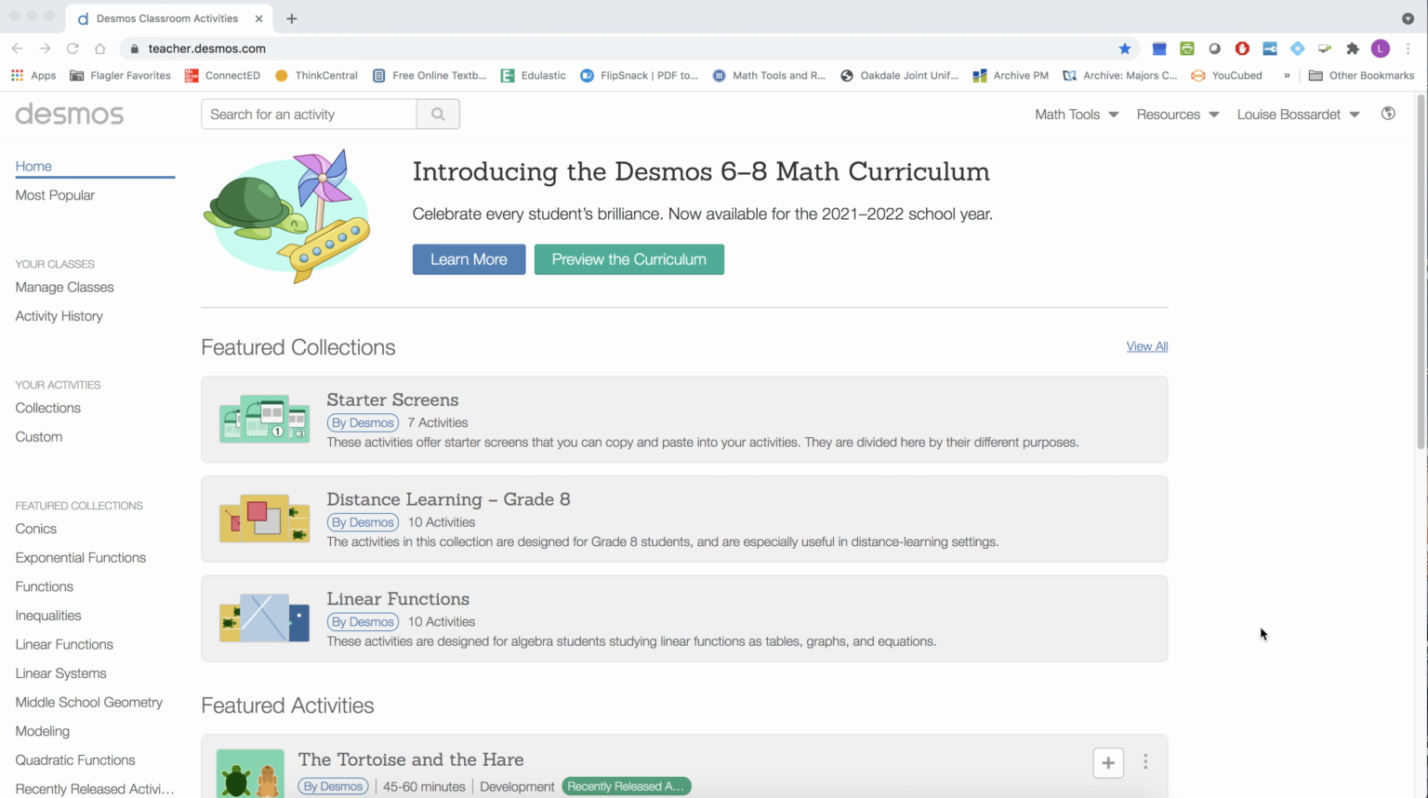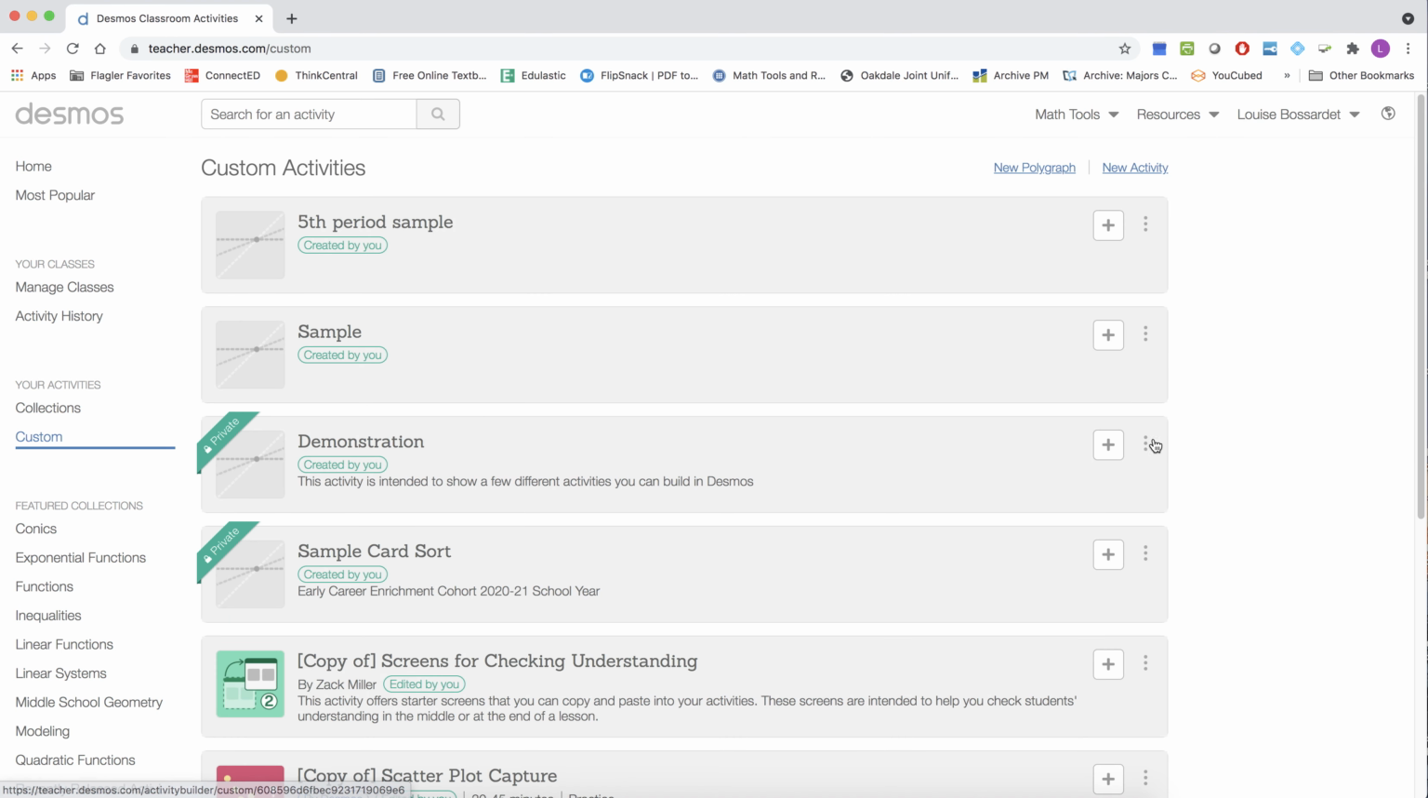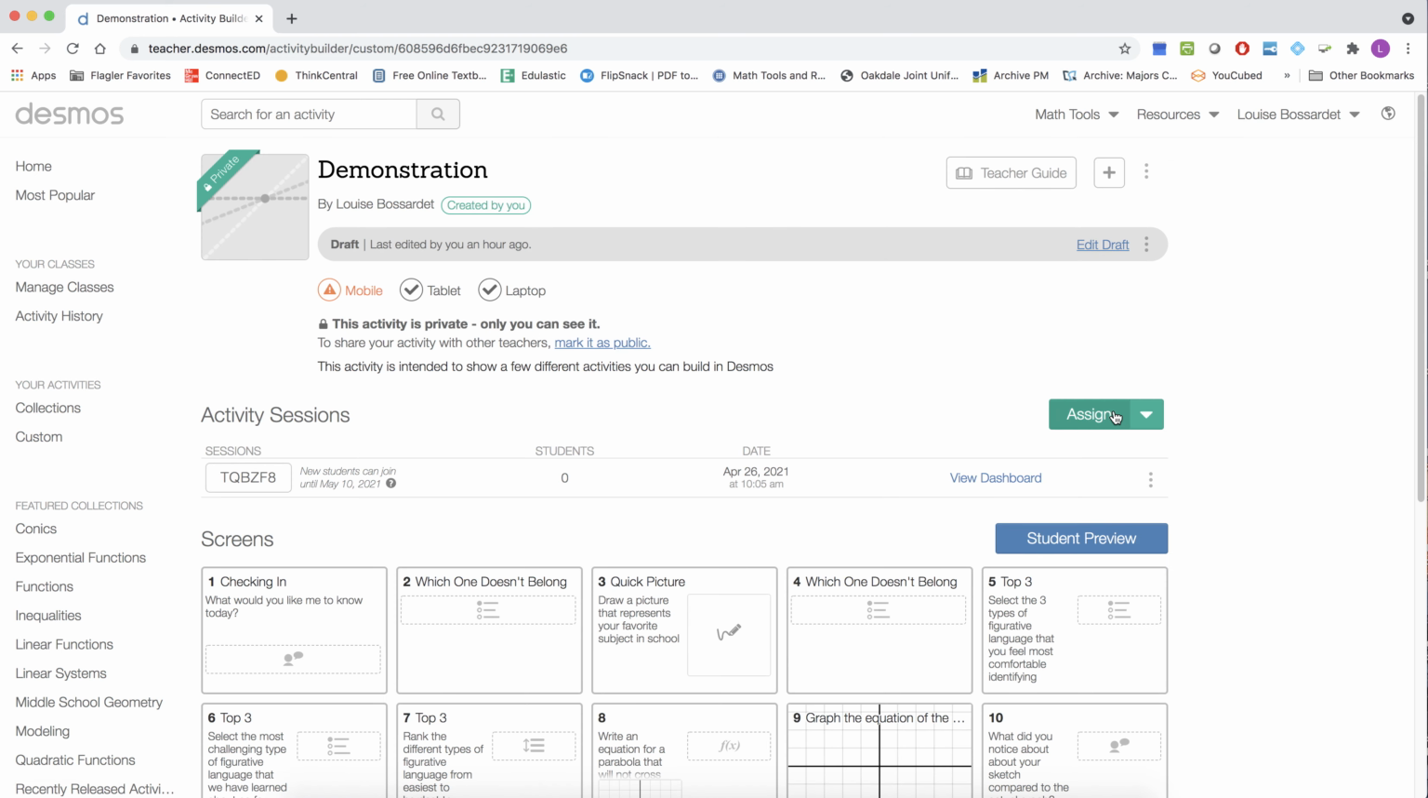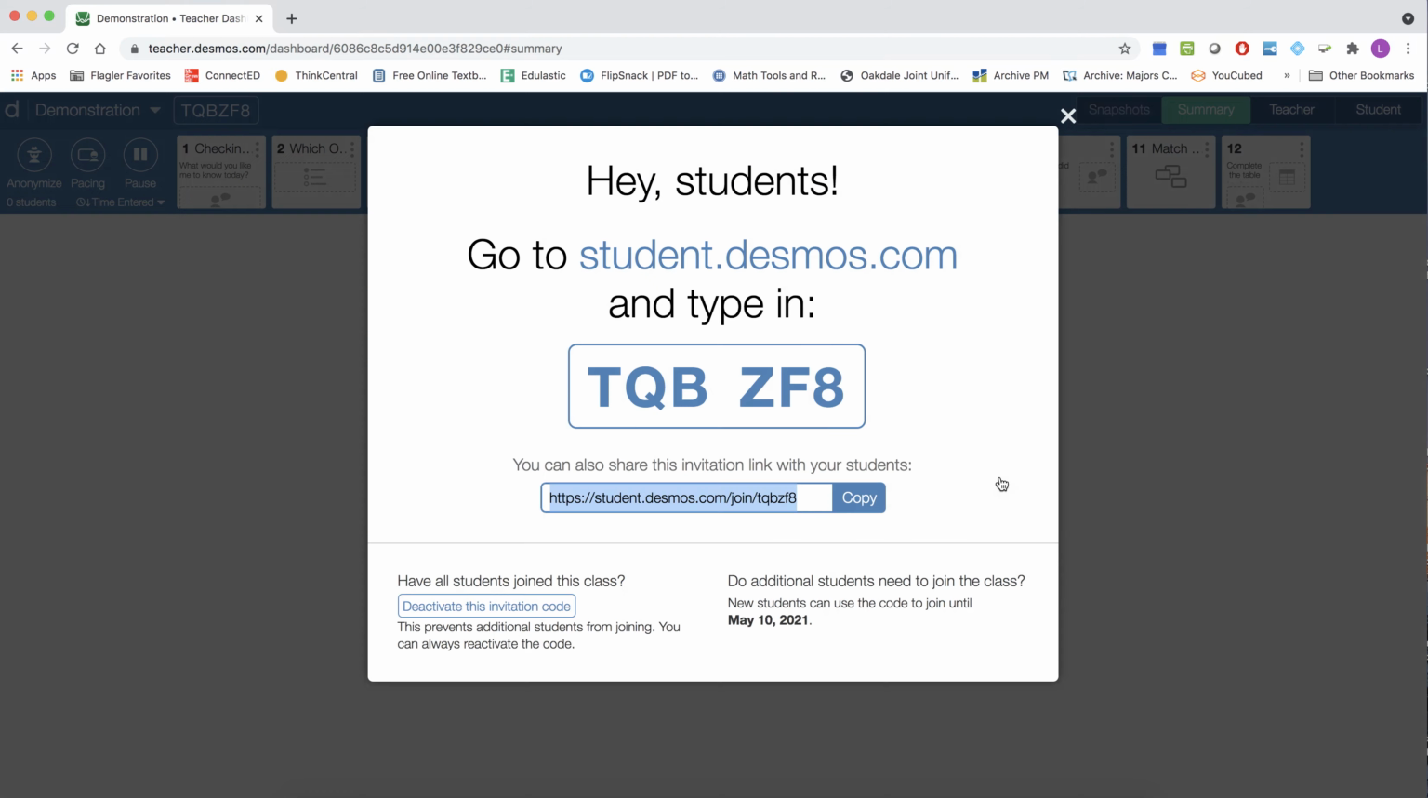In this video, we're going to take a look at how you can monitor your students as they're working through a Desmos activity. So the first thing you'll do is go to your activities, and when we select the activity that we're going to work through, we're going to go to Assign and then View Student Dashboard. When we select View Dashboard, our students will see the screen where it says, "Hey students, go to